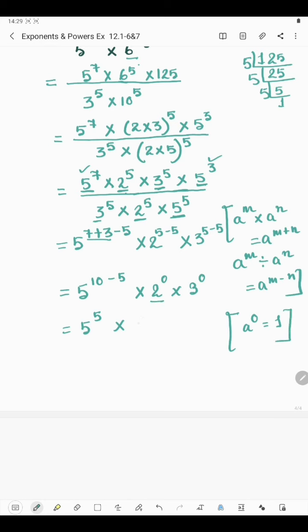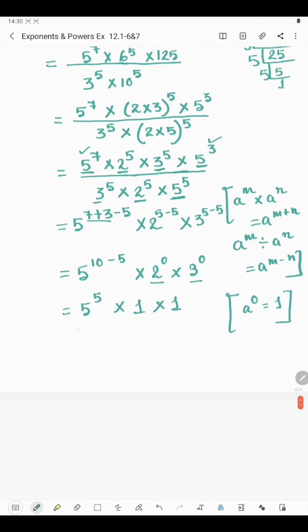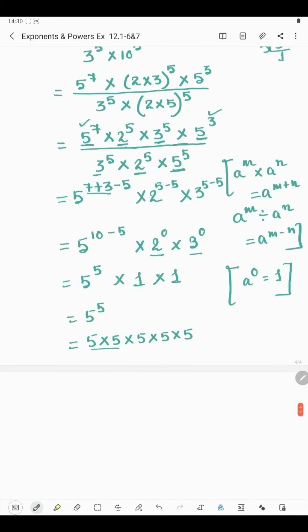So the value of 2 to the power 0 is 1 and 3 to the power 0 is also 1. So it's 5 to the power 5. Now since the power is 5, we write the base 5 times. 5 5s are 25, 25 5s are 125, 125 5s are 625,